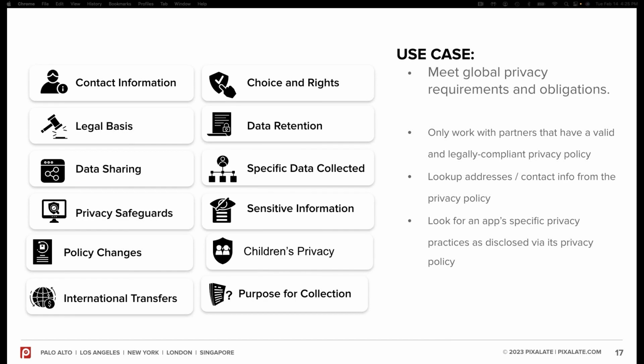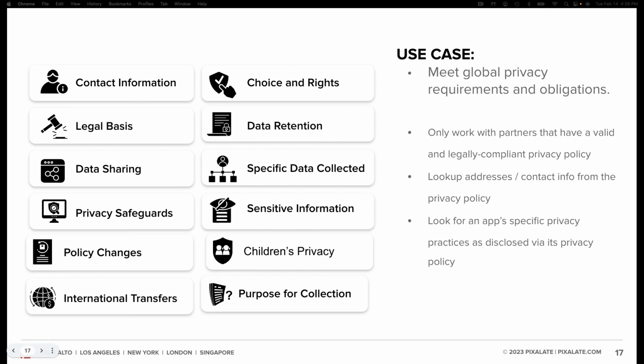Thanks, Chris. I did want to re-emphasize the privacy aspect of the previous slide, and this is part of Pixalate's efforts to help the industry around privacy compliance. In the previous slide, we provided a lot of interesting capabilities around children's privacy. What we're working on now is a new feature that's not yet available on the API, but will be soon. And that is basically an analysis of privacy policies across the globe. I think we covered about 17 different regulations already, across CCPA, CPRA, GDPR, and a whole range of those alphabet soup